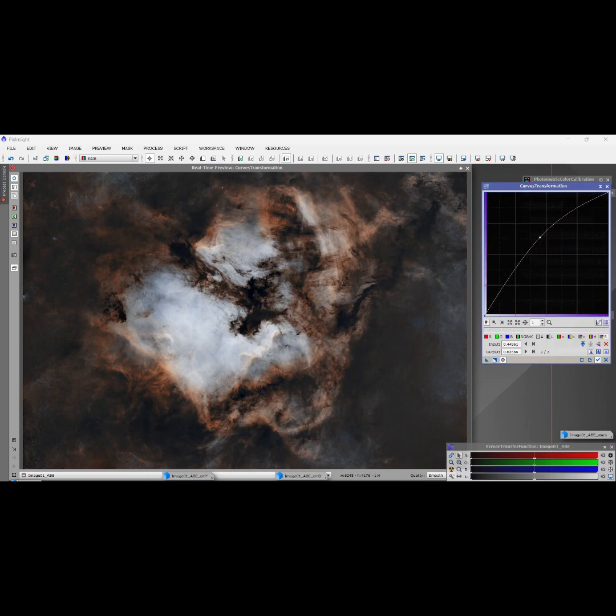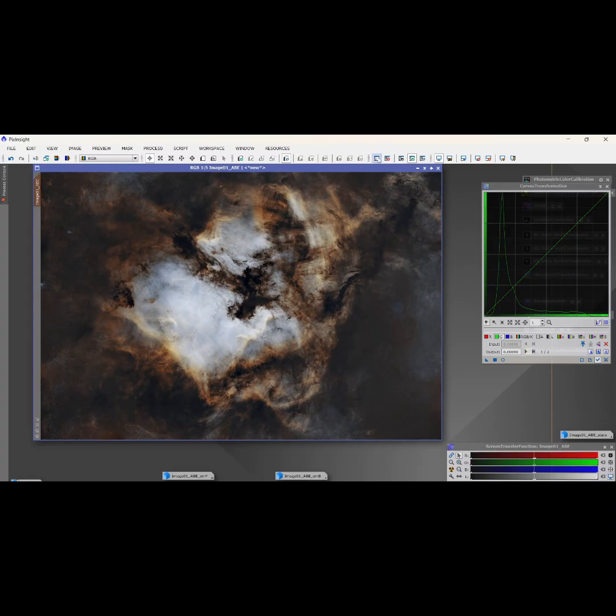Like I said, you can play around with this. You can try to add some more greens to get these goldish colors here at the edge, and remove some green here, something like that. Anyway, you can apply it. Very nice. And then what you do is remove this mask, by clicking on the remove mask button up here,